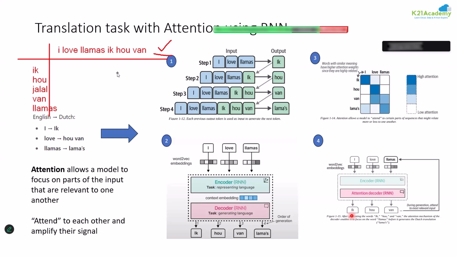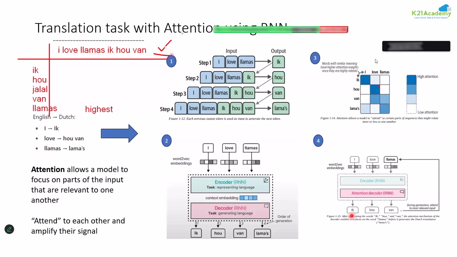What I'm saying is a very simple thing. Out of all these words that are right now seen, to predict the next word, which word will it give more attention? Tell me. Llama. That means the value that I will have for llama here will be far more than any other value. It will be the highest because now it knows to predict this word, out of all the sentence, llama should be given most priority. You're getting my point?